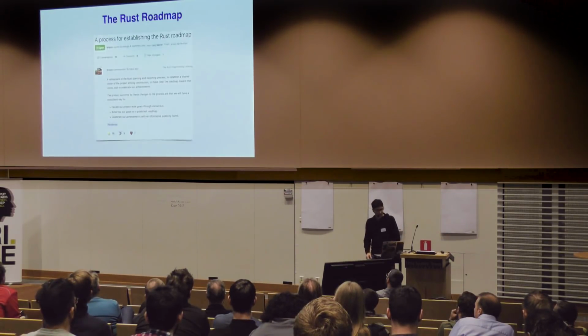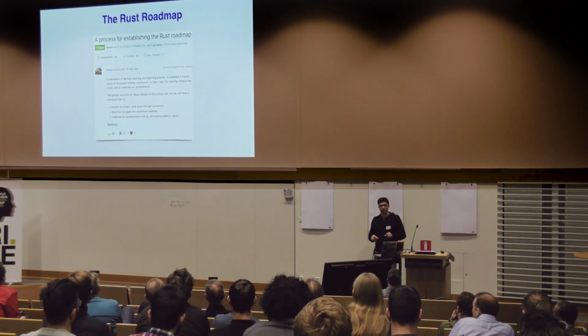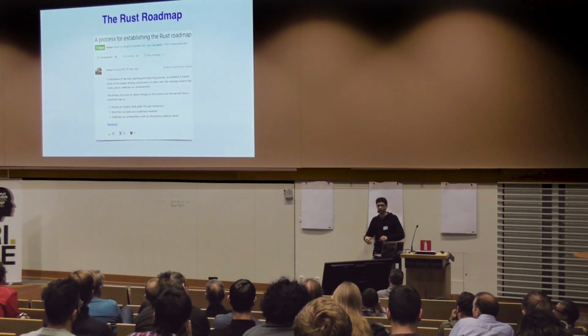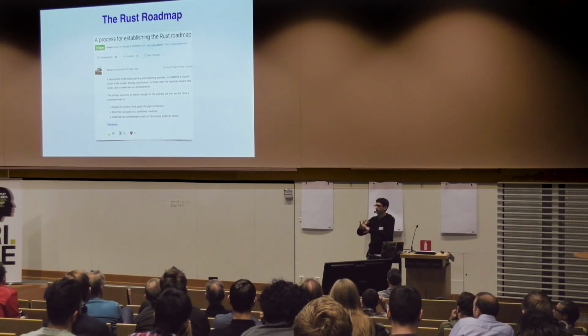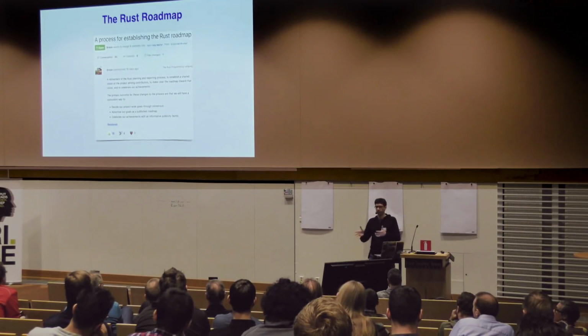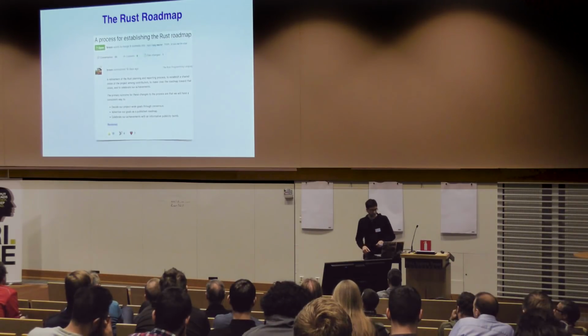So stepping up one higher level, we also have this roadmap process. RFCs decide about a particular feature, but our roadmap process is every year, and we're about to start for 2019, or 2018 coming up. We set what are the overarching themes that we're going to be working on this year, and that determines which RFCs we're most likely to accept, depending on whether they fit into those roadmap goals or not.